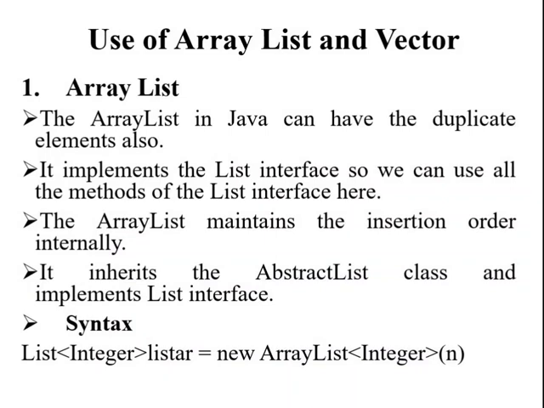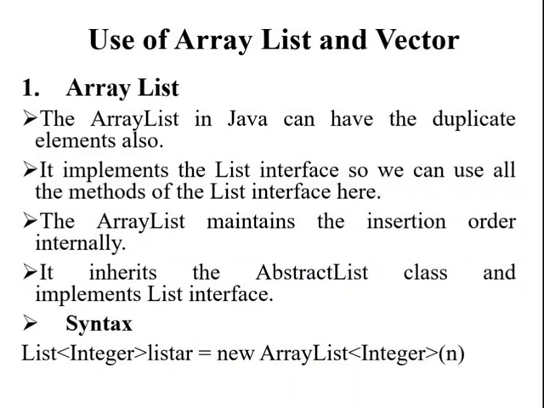It stores duplicate elements of various data kinds in a dynamic array. The array list is non-synchronized and preserved in the insertion order. The elements in the array list class can be accessed at any time. In Java, array list offers us dynamic arrays, though it may be slower than normal arrays. It might be useful in programs that require a lot of array manipulation. If the collection increases, the size of an array list is automatically increased, and if the collection shrinks, the size of an array list automatically decreases.